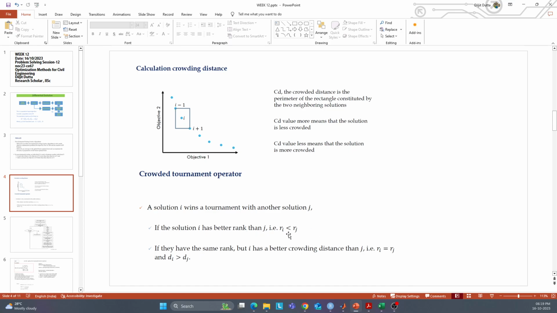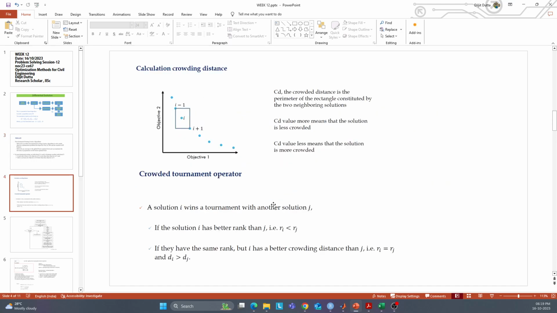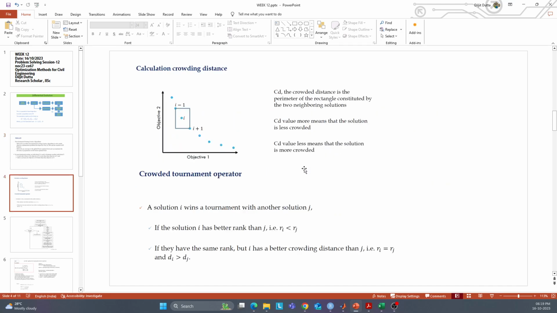One thing is, when we are doing this non-dominated sorting, we first give the rank. How we give the rank, we have already seen before, that is in a non-dominated way. We see the first four solutions in that line, and then we see the other solutions that have been dominated by those solutions and give the rank like that. If two solutions have the same rank, in that case the crowding distance comes into the picture, and based on the crowding distance we can say that